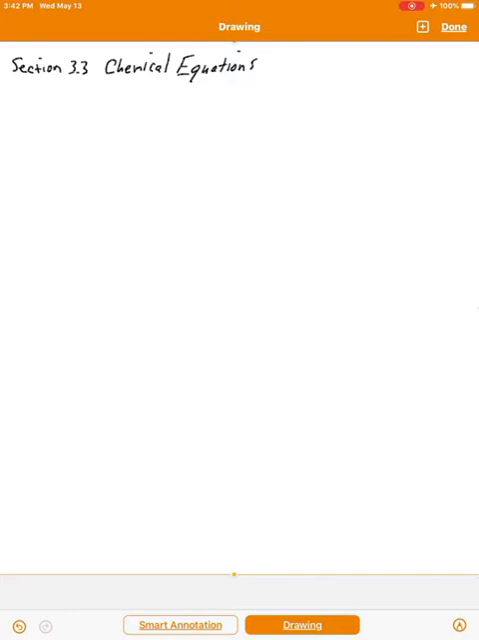Section 3.3, chemical equations. So now we're going to talk about how to represent a chemical reaction, representing what's called a chemical equation. So imagine lighting a match, right? If you light a match, you get a flame coming out of it. That's a chemical reaction taking place. And what we want to do is represent that chemical reaction via a chemical